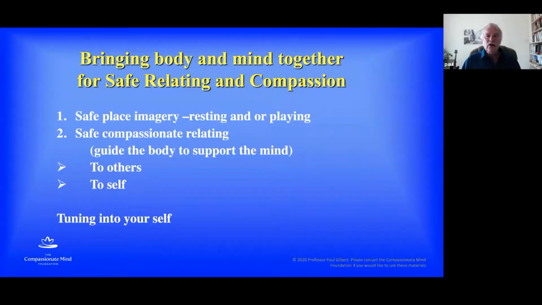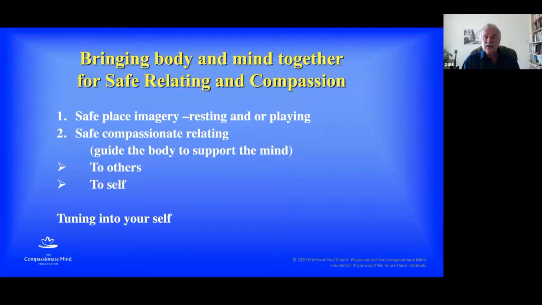Okay. Now, when you've done that, then you bring to mind and you create in your mind a place where you would feel safe. A place maybe you've been before and you've got a lot of happy memories there, or it might be a totally new place. And you practice bringing this place to mind and focusing on the sensation of mind slowing down, of feeling safe in this place.